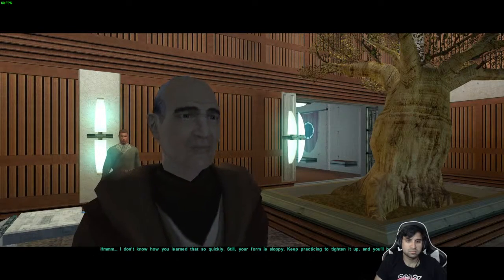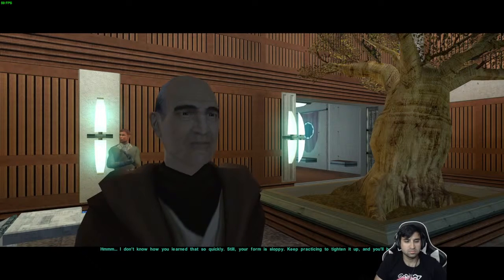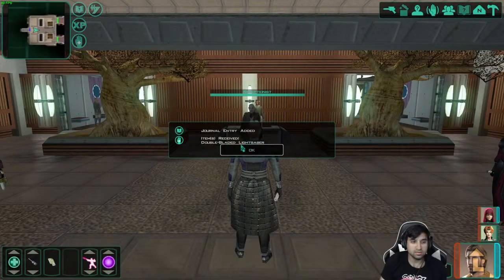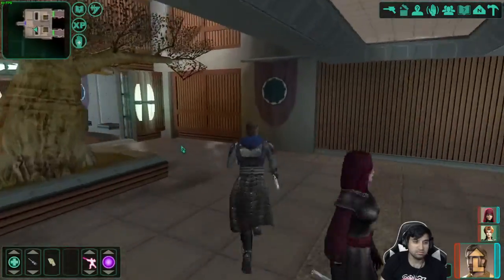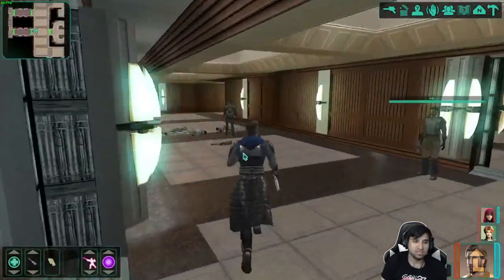I don't know how you learned that so quickly. Still, your form is sloppy. Keep practicing to tighten it up and you'll be fine. Okay. And I got a double-bladed lightsaber. Okay. I didn't, okay. Guess I got a free double-bladed...